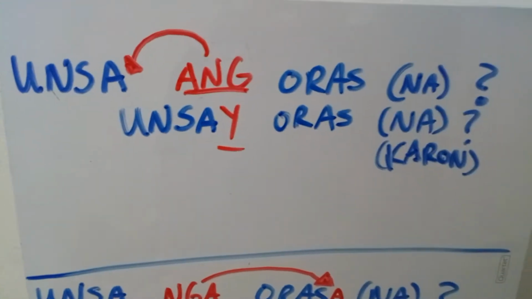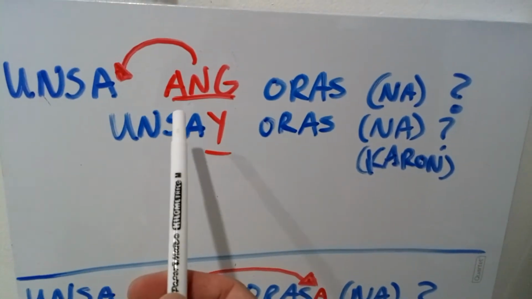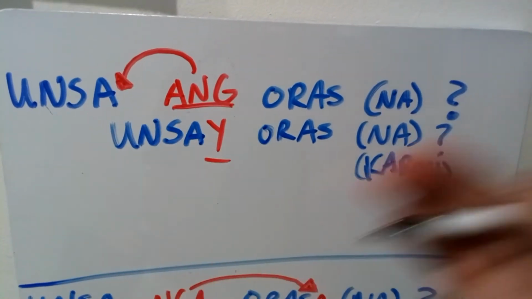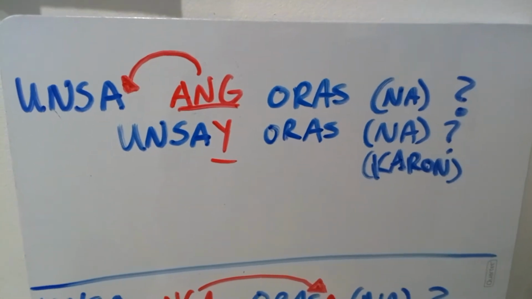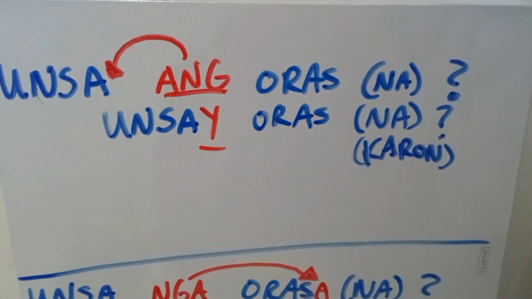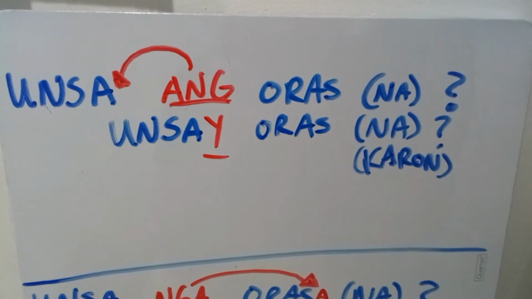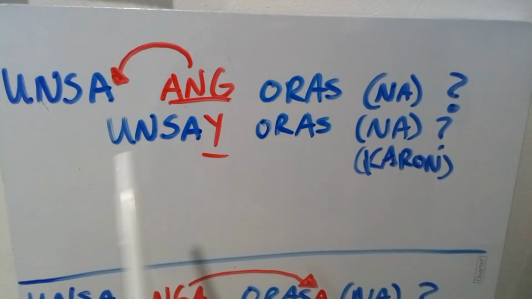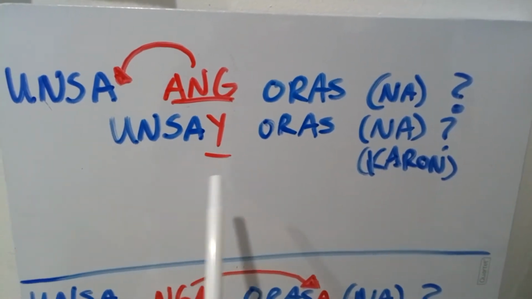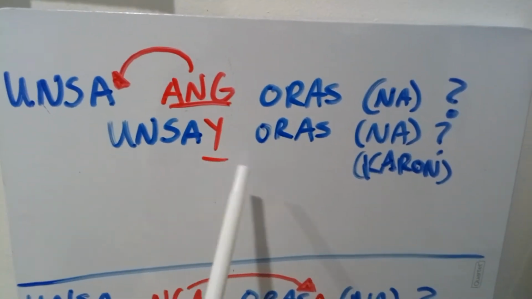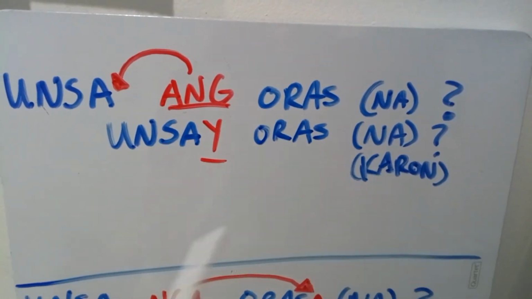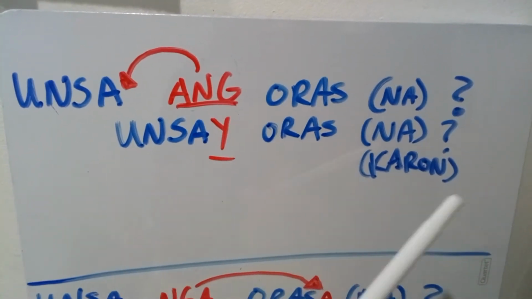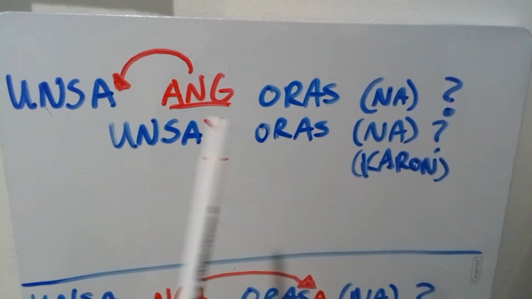With this first sentence, we have "unsa" and "ang." We can already contract these two, because "unsa" is one of those words in Cebuano that can take "ang" as an irregular affix. When we affixate "ang," it changes to an "e," so we get "unsay." "Unsay oras na." This is very basic. You already know this. So that "ang" changes to an "e."